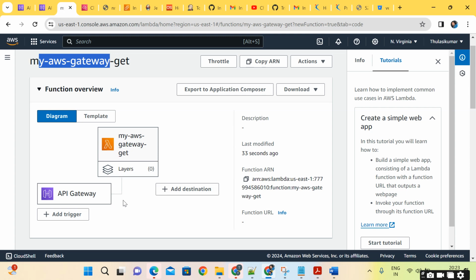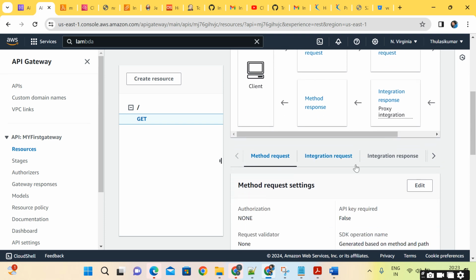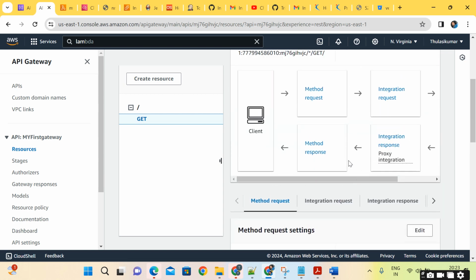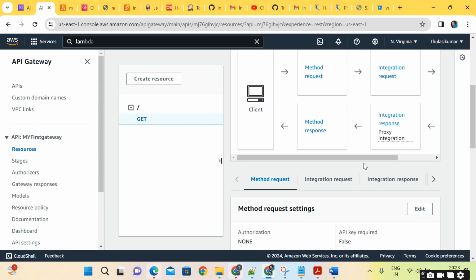Now both are interlinked. Here you can see the client is requesting the method, then the integration response will pass to the method response, and using this request and this proxy integration, you will get the